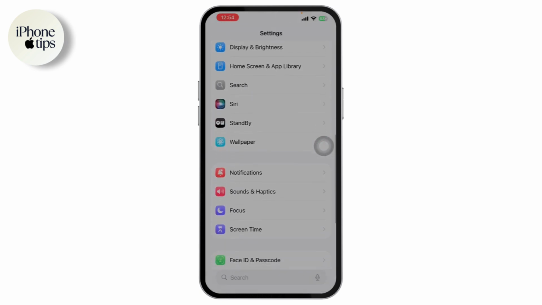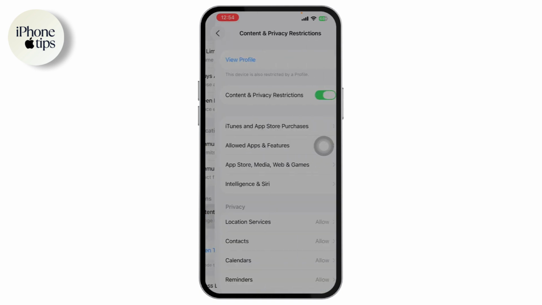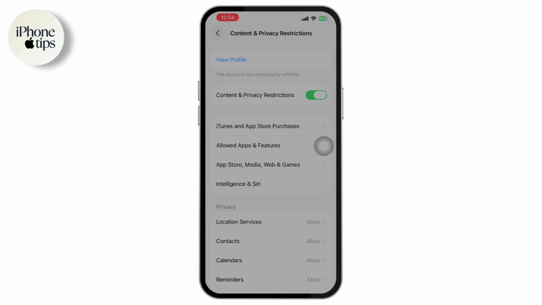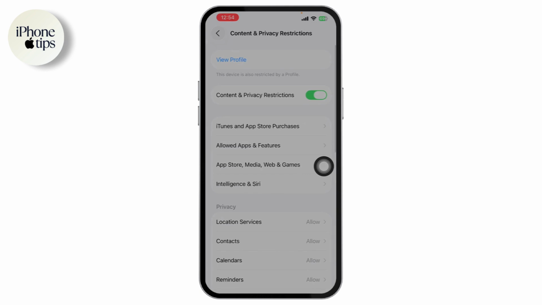Now you need to scroll down and then you will find an option of screen time. Tap on screen time. Go with content and privacy restrictions. Once you're on your content and privacy restrictions, you need to go and select the iTunes and App Store purchases. Here you can easily find the don't require option. You need to make sure that it is selected as don't require, and then you need to go back and